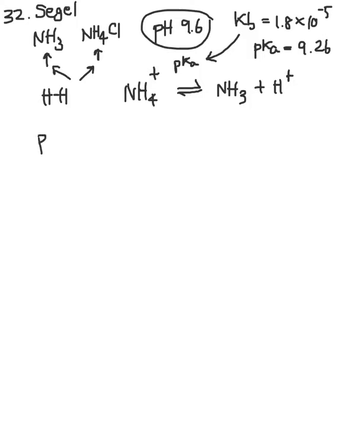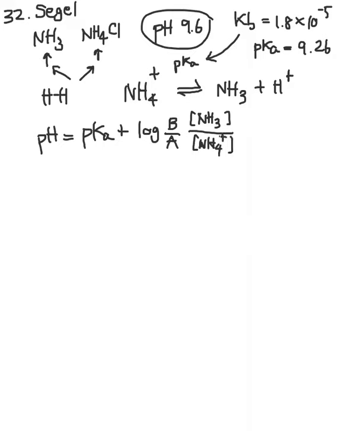So Henderson-Hasselbalch equation, pH equal pKa plus log B over A. So B is the base, so it's actually ammonia, and A is the acid, which is actually the concentration of ammonium ion. So pH is equal 9.6, pKa is 9.26 plus log B over A. So to calculate the ratio of B over A here,